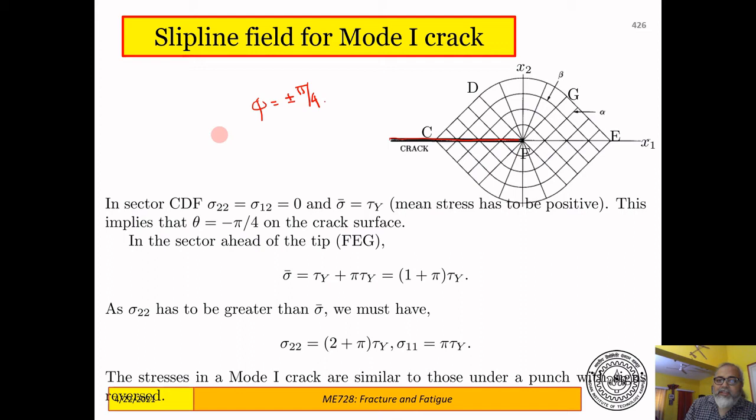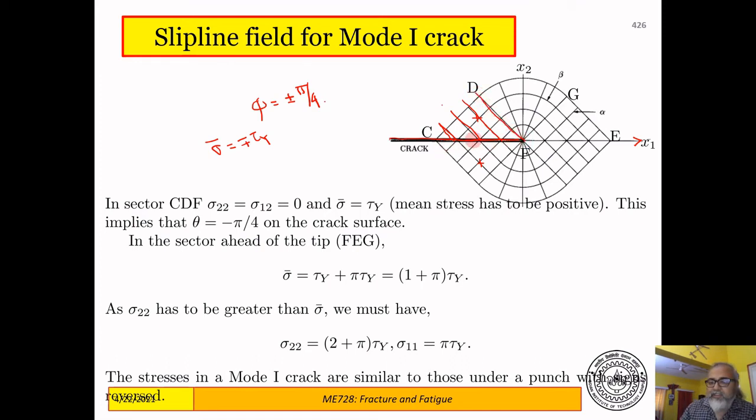That means the alpha lines have to make plus minus pi by 4 angle with the x1 direction. Whether it is plus or minus will depend on the sign of the hydrostatic stress. So hydrostatic stress we assume is positive here. Therefore, the alpha lines have to make an angle. Remember, hydrostatic stress sigma bar is minus plus tau y. So it has to be plus tau y in our case, so that phi has to be minus pi by 4. So these are the alpha lines that are making minus pi by 4 with